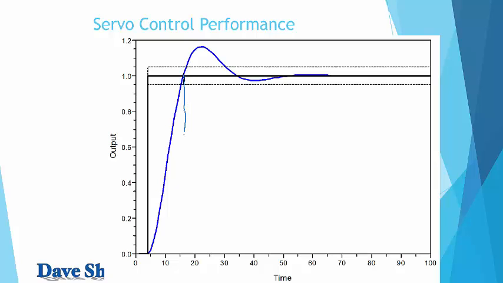That time duration we call rise time. Now, as you can see, in this case, we got a relatively short rise time, but we got a considerable amount of overshoot. Sometimes that's okay, sometimes it isn't, but it's certainly worth quantifying. And the way we quantify the overshoot is by taking the ratio of how far we overshot, call that A, divided by the change in set point, let's call that B,